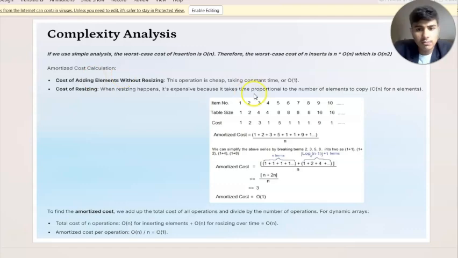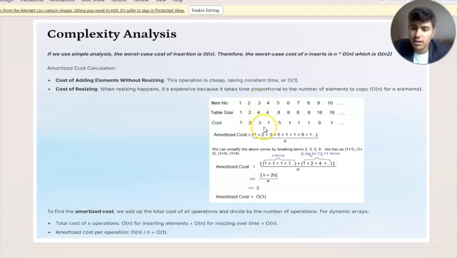So here we can see that for item 1, that is the first element, the cost came to be 1 because there was no need for resizing. Then for the second element, the cost is 2 because we have to resize our dynamic array as there was no space.